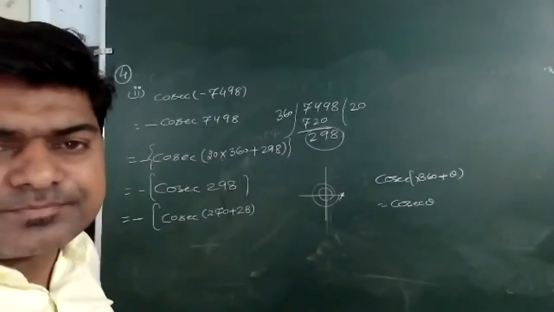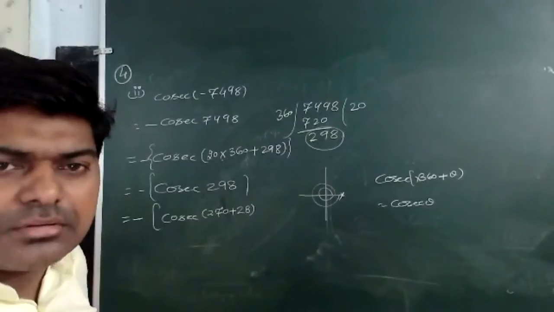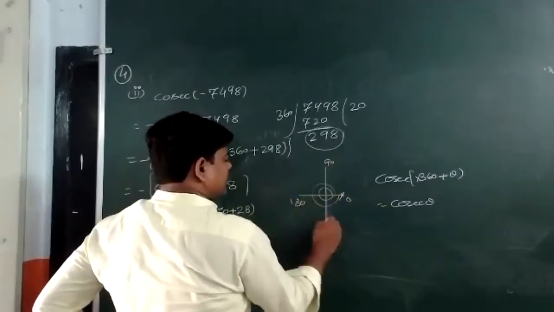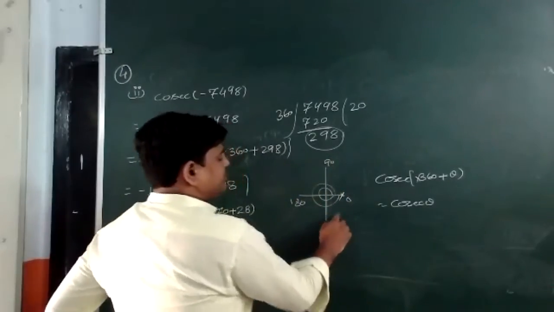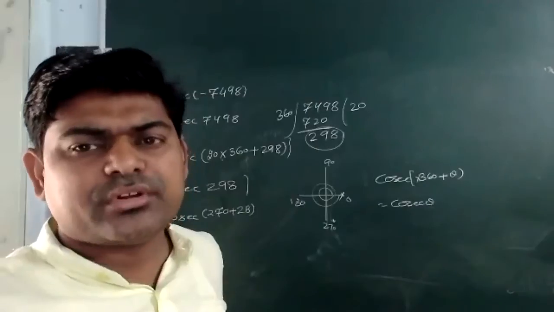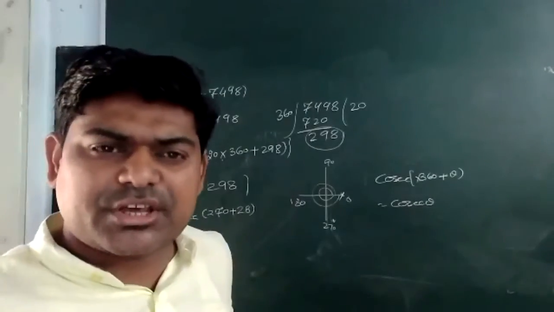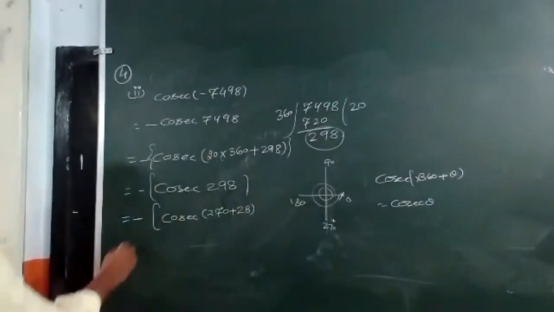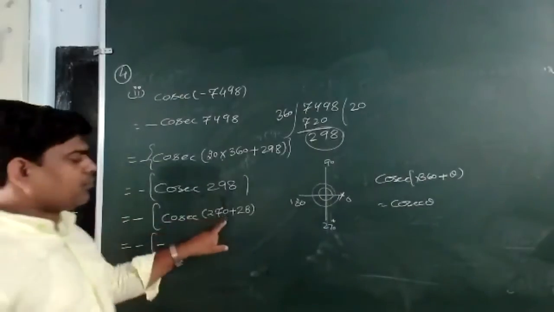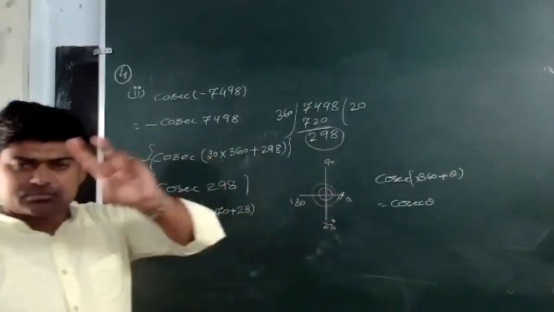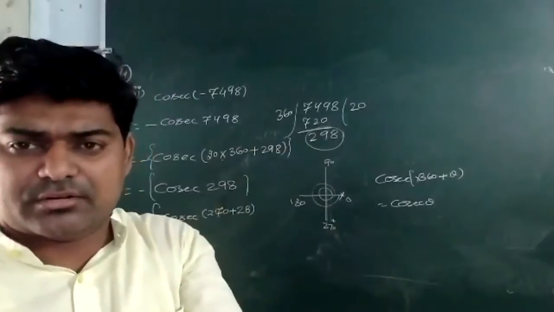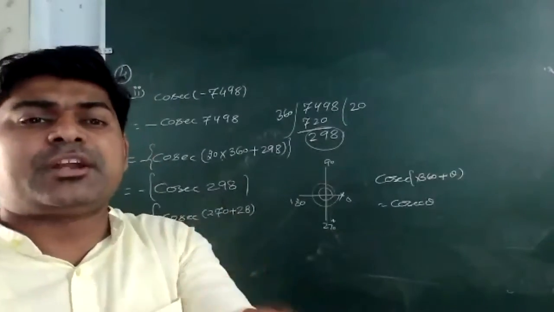Now 270 plus theta, with 0, 90, 180 and 270. 270 plus will be in the fourth quadrant or not? Say yes or no. In the fourth quadrant, cosec is negative. What will happen? It is minus, and one more minus will come because in the fourth quadrant cosec is negative. Two points we have discussed: in which quadrant it is going, in that particular quadrant what will be the sign. Third point is there, changing will take place or not?